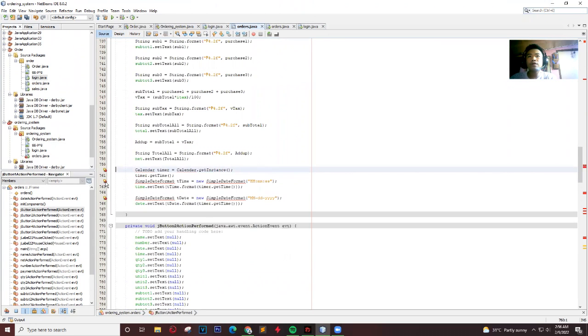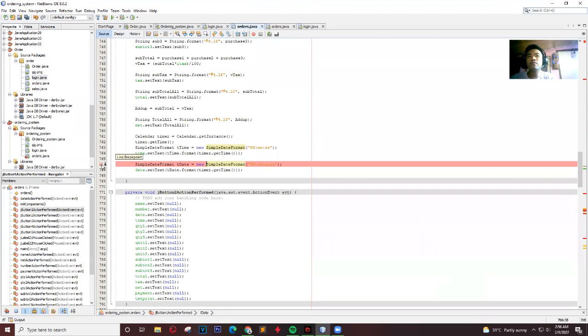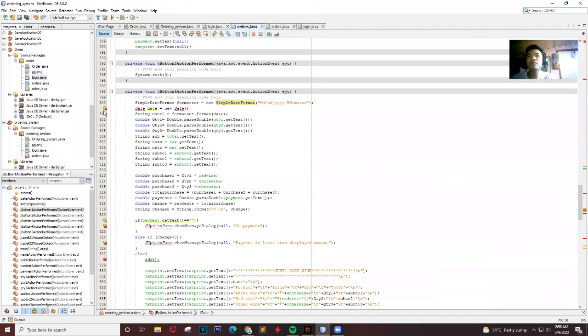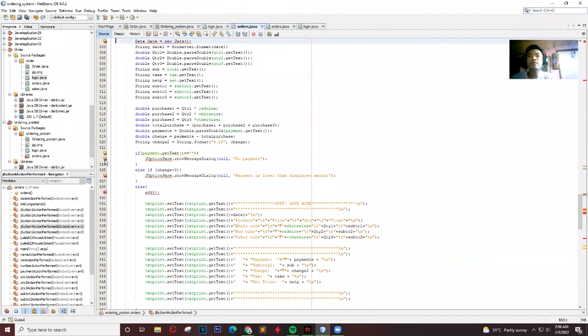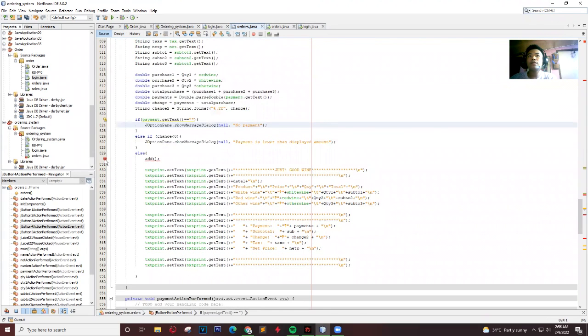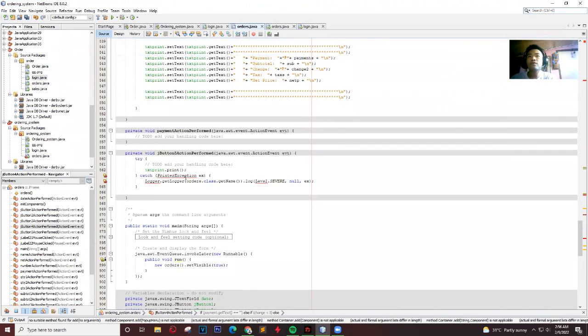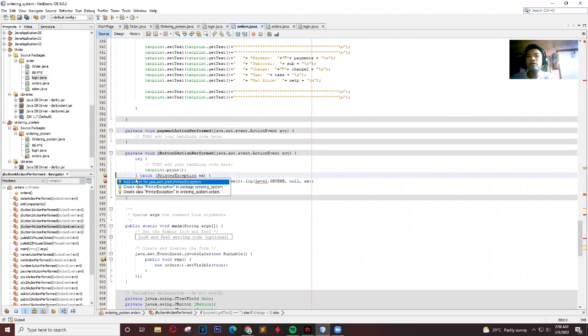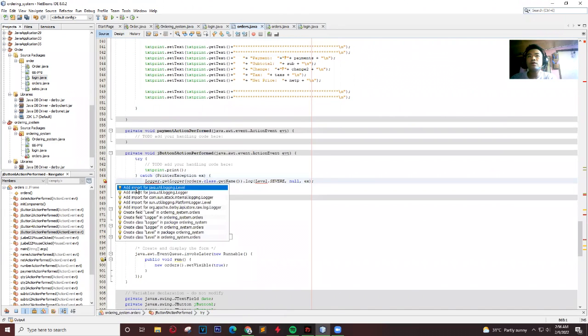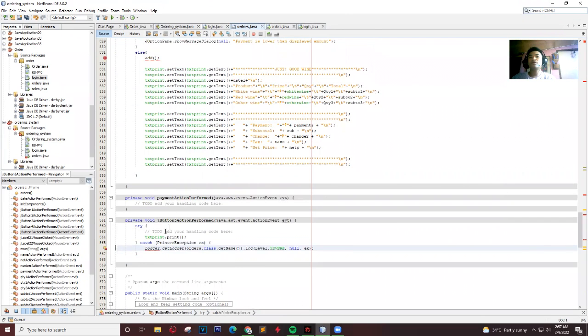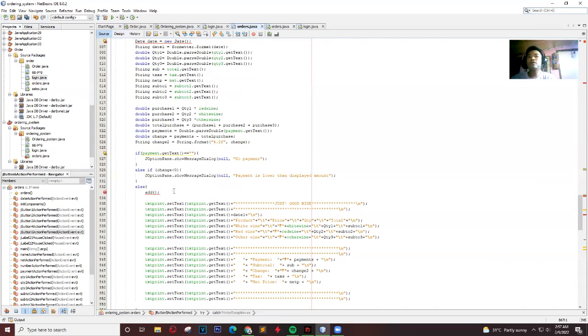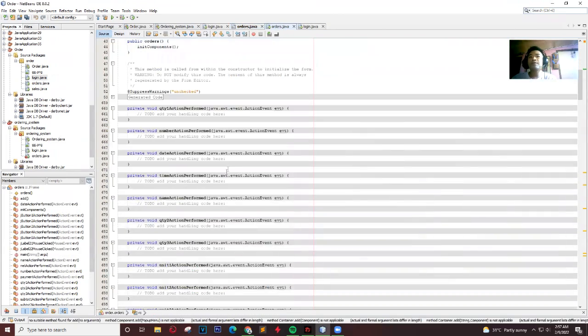Import the calendar, a simple date format, import the date, the SQL date, the option pane, of course, we need that, the add. We need to add the printer exception, the logger, the logging level, and there we go. And then this one add, we need to copy paste our